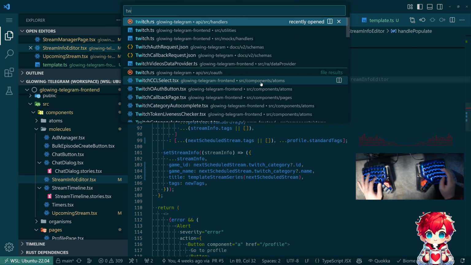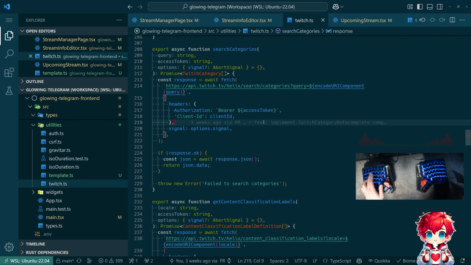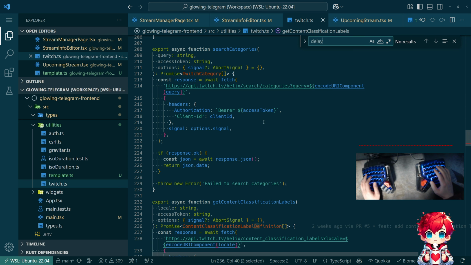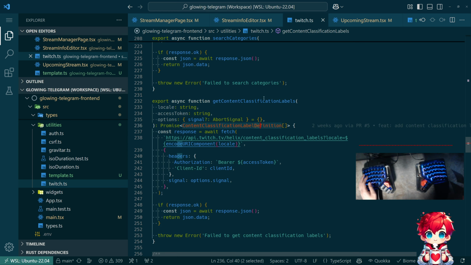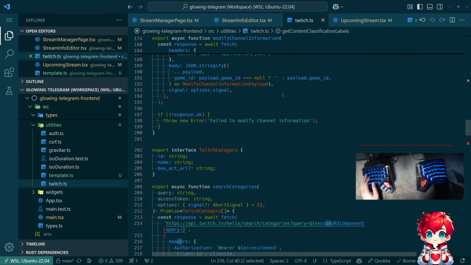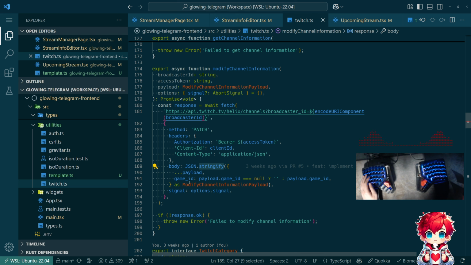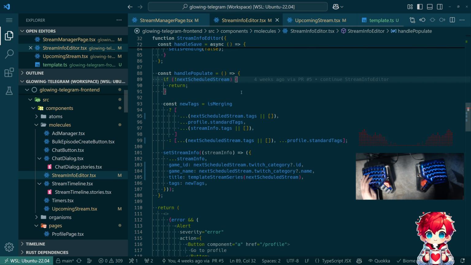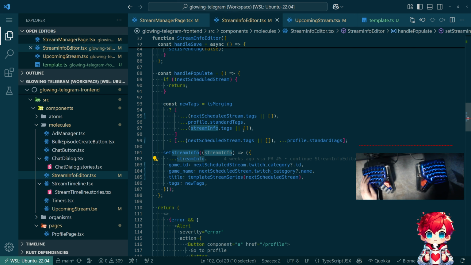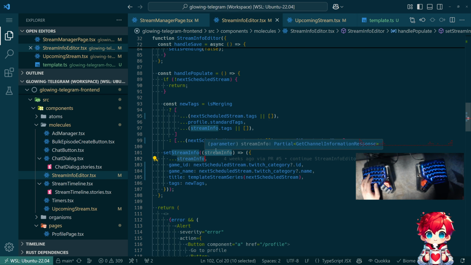Go look at the Twitch wrapper function module. It's this one, right? Did I set delay? No. Where am I? Modify channel information. Body, payload. So maybe stream info editor. Okay. So when I click populate now,